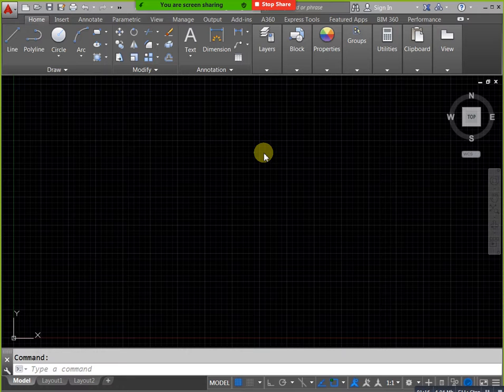Next, block is also one of the saving files. We can create some libraries based on our requirement. For example, regularly you are using AC terminals. In that condition you will create one block for that AC terminal, or otherwise if you have any elbow you can create for that also. Directly you can change your angle. It is also one of the saving files you can use anytime, not only in this project. For example, if you need to use it after 6 months, after 3 months in a new project, in that condition also you can use this block. Okay, block is also one of the libraries.